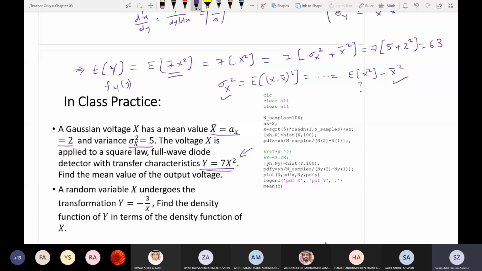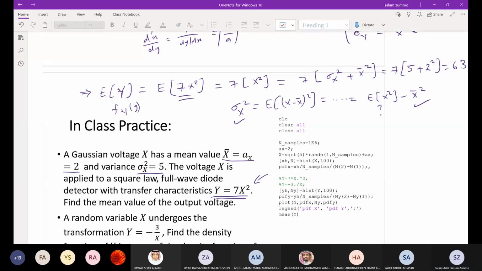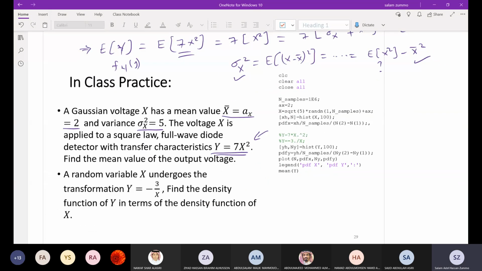Of course, we will get to how to find the PDF of y when you have x squared, but not yet. Next class, inshallah. Okay, any question? So next time, inshallah, we'll continue with this example, the second one, and then we'll continue with the non-monotonic transformation. Any question, guys? Time is up, I think. So you are free to leave if you have anything. If you want to ask anything, please